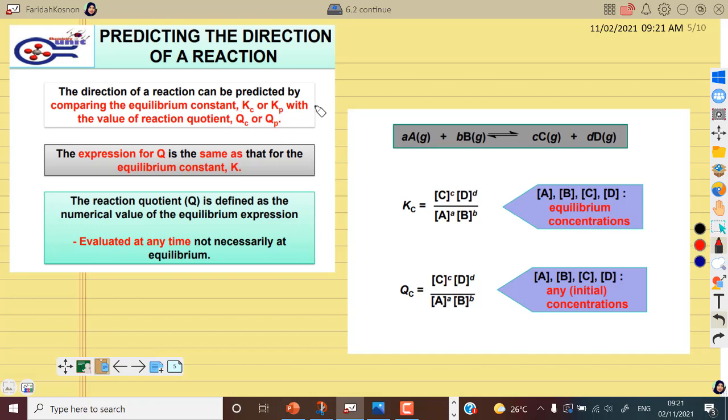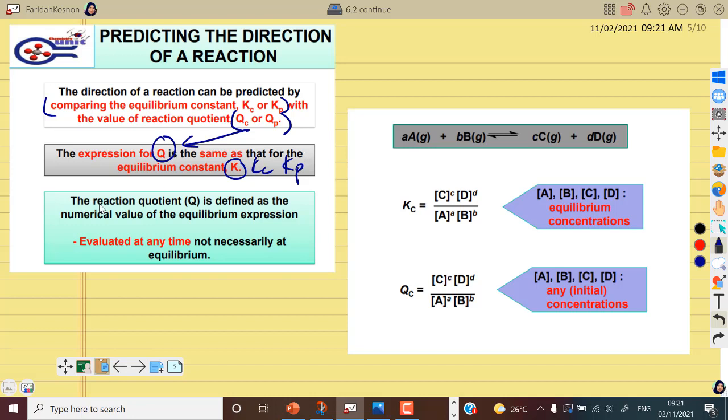The direction of a reaction can be predicted by comparing the equilibrium constant Kc or Kp with Qc or Qp. Okay. So, the expression for Q is the same. Q tu maksudnya kat sini QP or QC lah kan. Is the same as that for the equilibrium constant, KC ataupun KP. Maksudnya apa? Sebutan QP dengan ataupun sebutan QC ni sama je. Dia punya expression macam sebutan KC and KP. Okay. Cuma dia ada beza sedikit in terms of the value of the concentration used in order to calculate Q